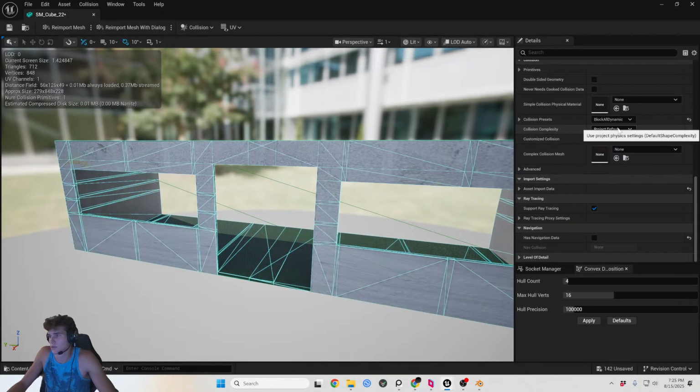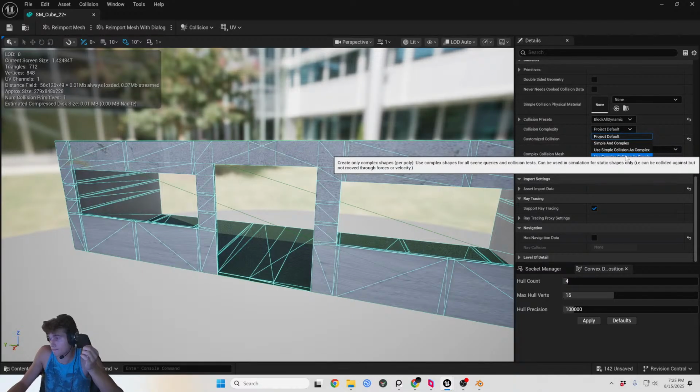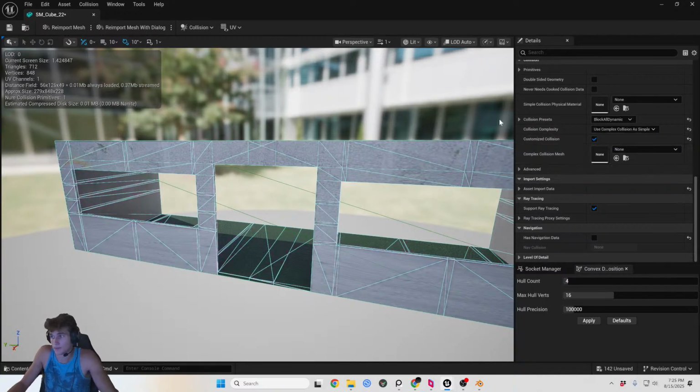Project default. Use project physics setting. So maybe what we need to do is we just make the default setting to only use complex. Maybe so if we say use complex as simple,